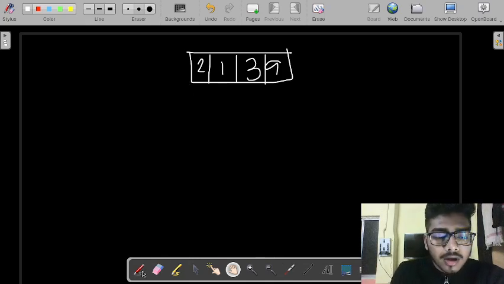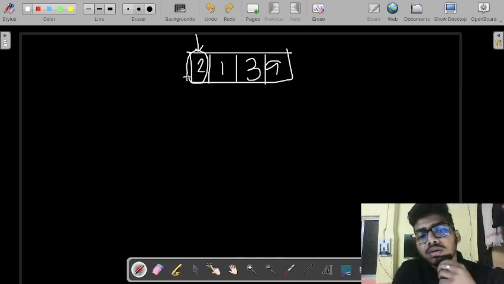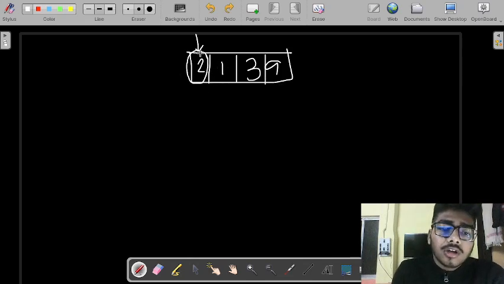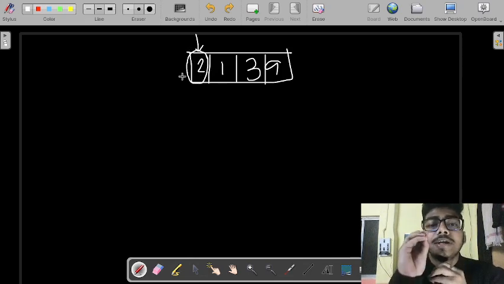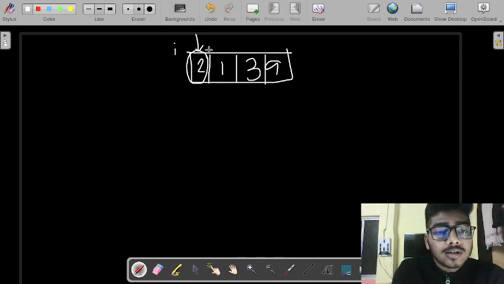In the first counter you select 2, and compare 2 with the remaining elements of the array. In the outer loop you point at 2, and you execute the inner loop from I plus 1